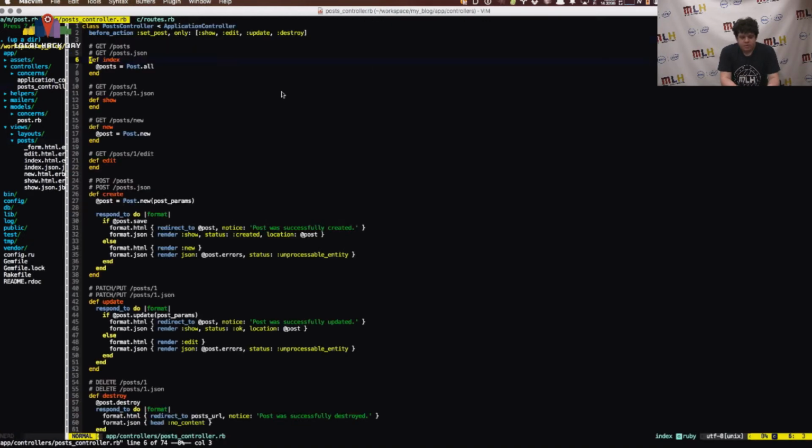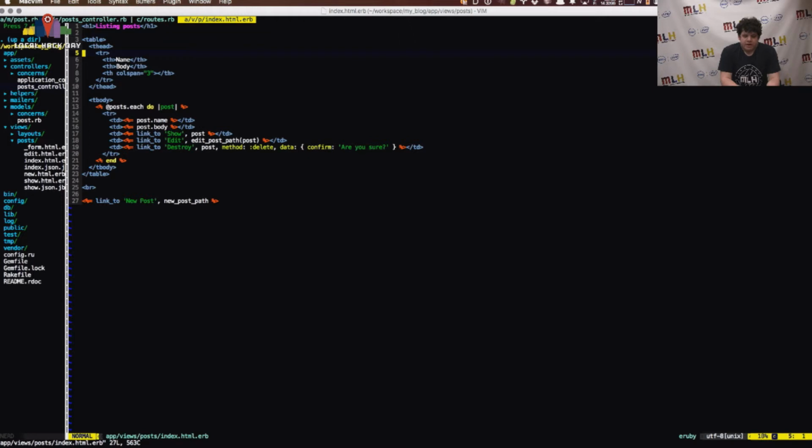So if we go over to our post controller, we can look at exactly what the index method does, and it's in fairly plain English. It reads like exactly what it says. When we call the index method, we pull all the posts out of the database and put them in this variable. Once we have that variable, we create a really simple view that says, we have the name and body of these posts. For every one, just put that into a table and give us some options for things to do with it. We can go to a specific page designed for it.